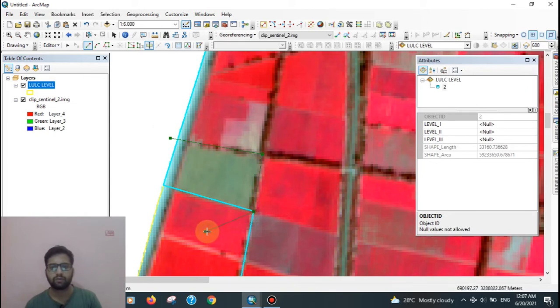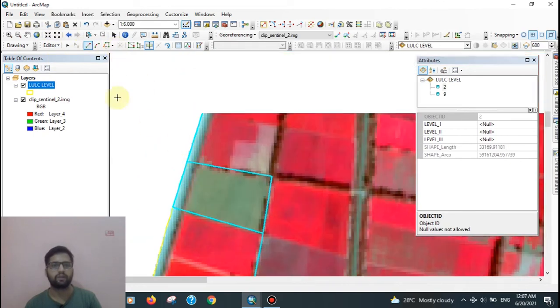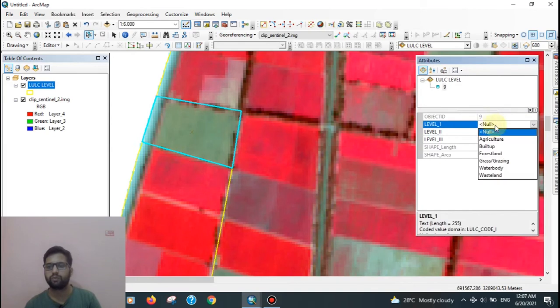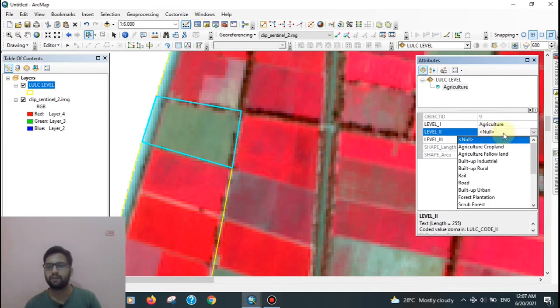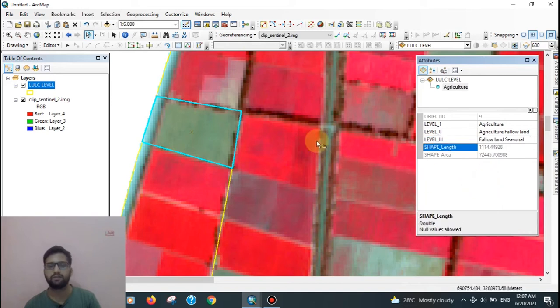So this is the fallow land. Okay. So select and go to agriculture fallow land and it's seasonal. Okay. So fallow land seasonal.